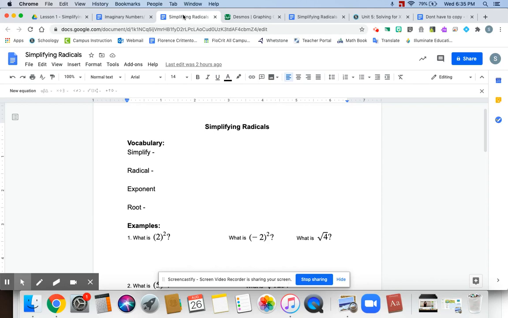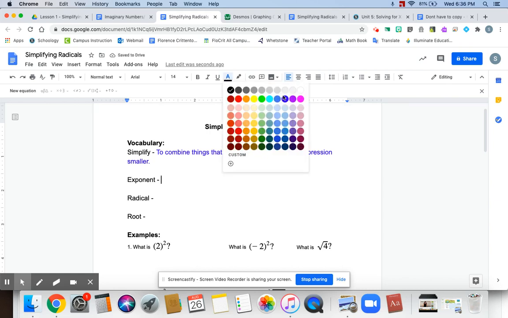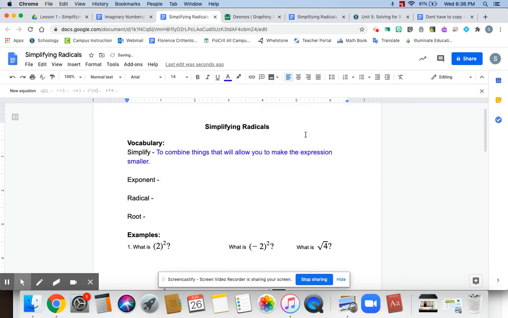So to start the notes, we're going to always start with the vocabulary words. So the word simplify means to combine things that will allow you to make the expression smaller. Simplify usually means you put 2 things together in some way and it becomes smaller numbers, or if it's really long, it becomes shorter. The word exponents means a little number